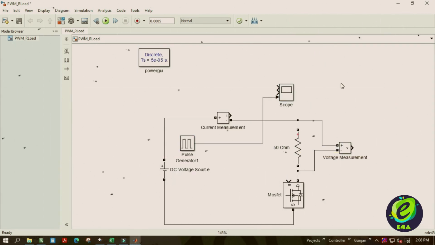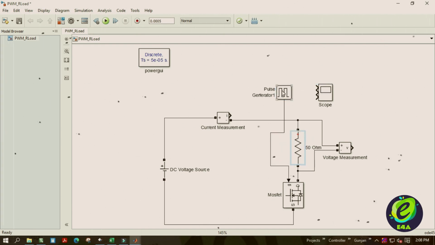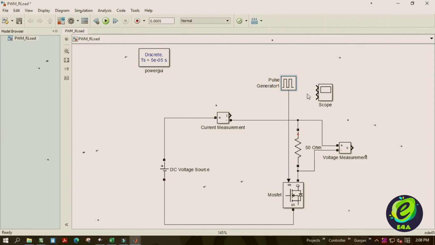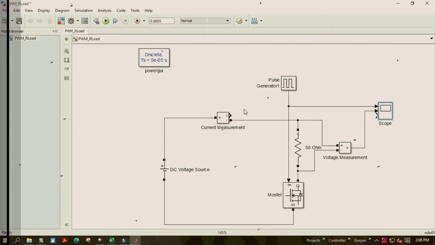As we increase the duty cycle, the voltage across the resistive load can be increased, which in turn also increases the current in the circuit, and upon decreasing the duty cycle, the voltage across the load and current in the circuit decreases. Today, let us try and understand what actually happens if the resistive load is replaced by an inductive load.